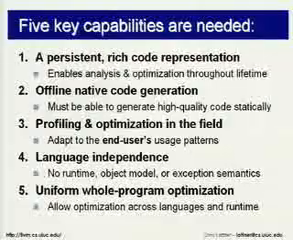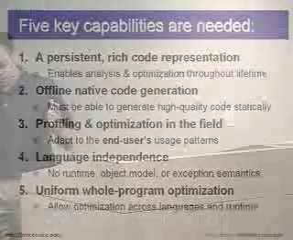Now, when we talked about this, we decided that there are 5 key things that we really need. So first of all, we need to have a rich code representation. It needs to be persistent. And so it needs to be rich, which allows us to do the aggressive optimizations and analyses that we want to do. If it's not rich enough, then what we'll be able to do will be so limited that it's